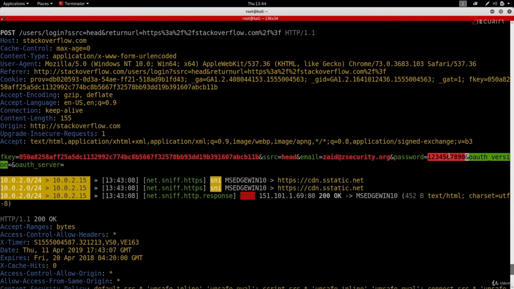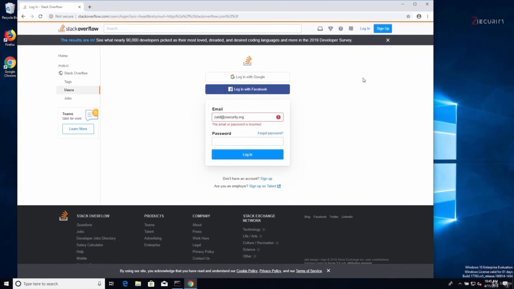Now we can downgrade any HTTPS connection to HTTP as long as the target website uses HTTPS, not HSTS. So this method will work against pretty much all websites that use HTTPS, except for the really popular websites such as Facebook, Twitter, and so on. So let me show you a quick example. If I go here and try to go to facebook.com,